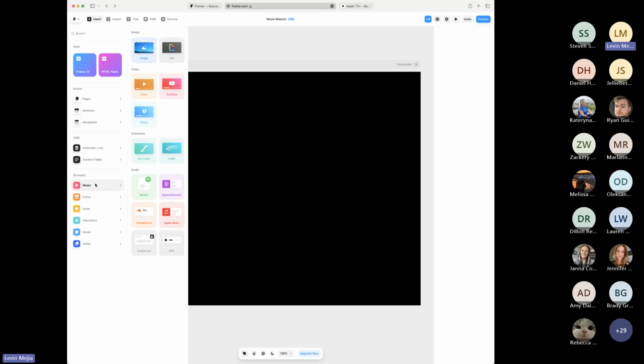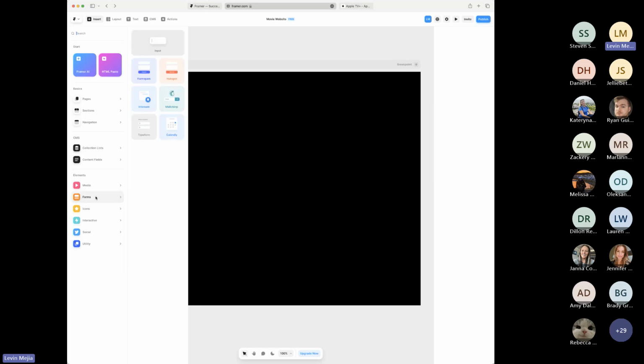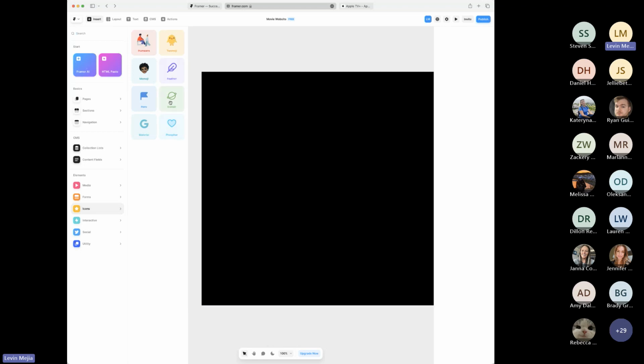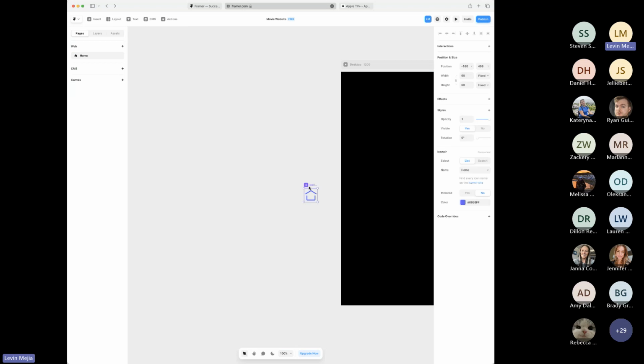We've got some media. So if you want to drop in an image, a video, a YouTube link, all that stuff, you can do it from here. Some forms again, integrations, icons. So the other really cool thing about this is, you know how we were going out to the community to get icons? Well, Framer has a set of built-in icons already that you can leverage for free for personal and commercial use if you'd like. You can use these. Let me just use, which one did I use? Like, let's see. And if I click on this one,